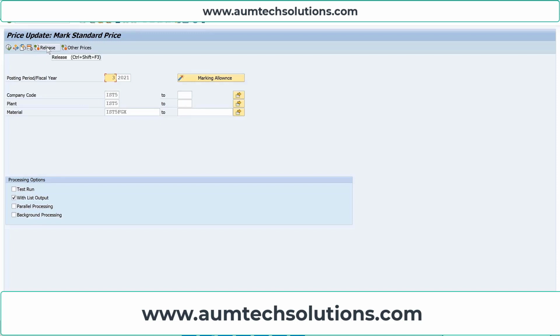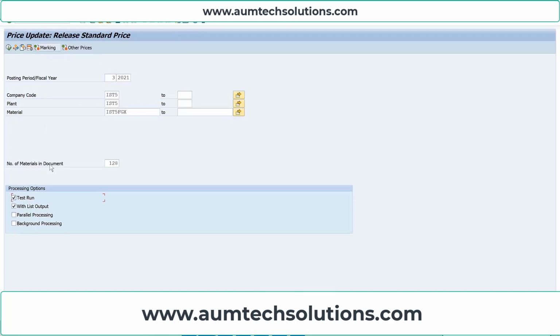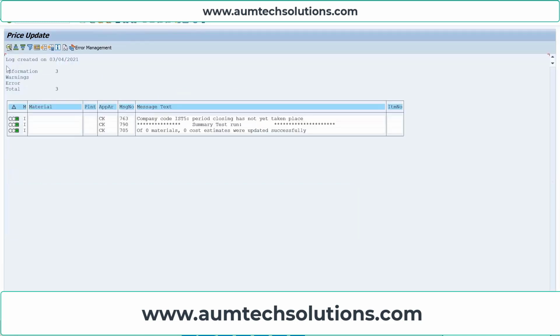The next step is to release it. So once you release it, it becomes the current standard cost. Let's do the test run first. So the period closing has not been taken.